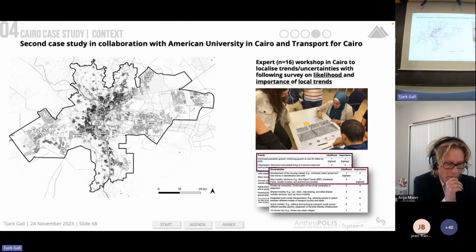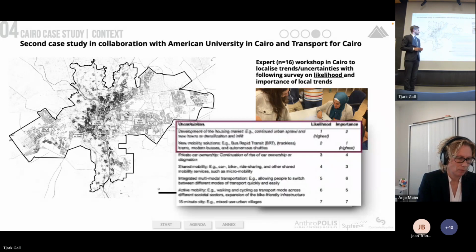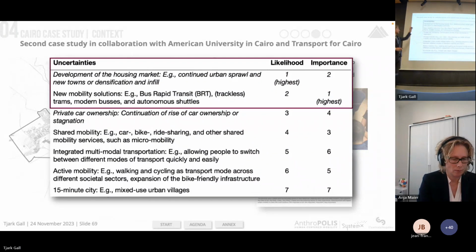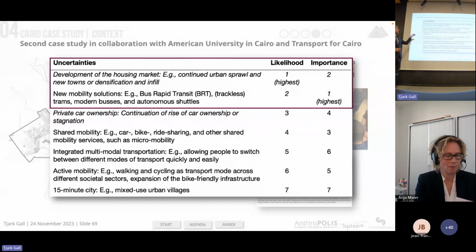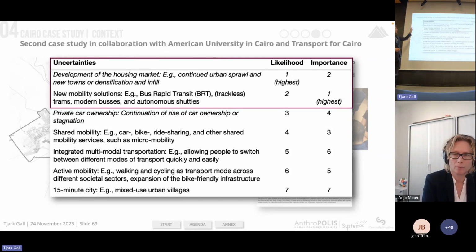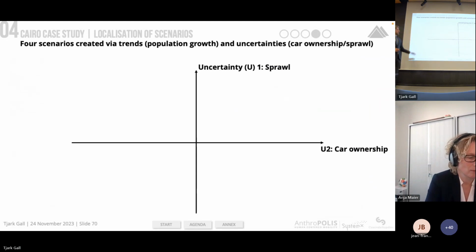We did the expert workshop in Cairo to localize the trends and uncertainties to develop scenarios. So we had what I showed earlier, and then we had a following survey. Just to show one of the parts, we asked about different uncertainties, which resulted from literature and interviews. And then we had participants rate them between the most likely and the most important. That resulted in two different ones here,